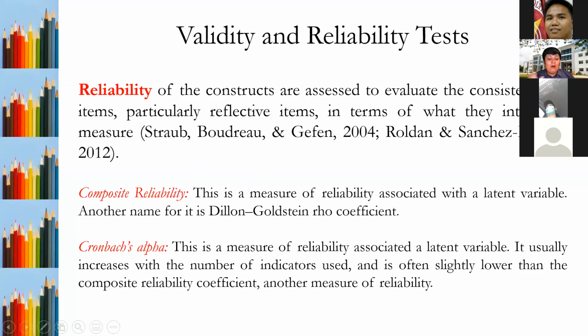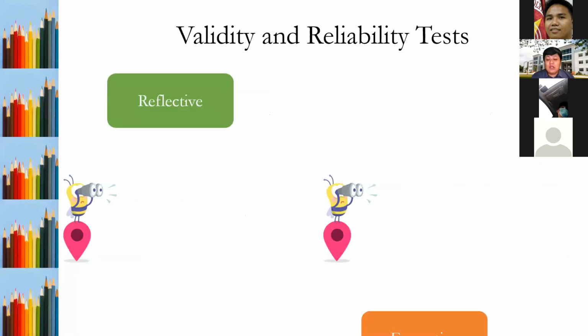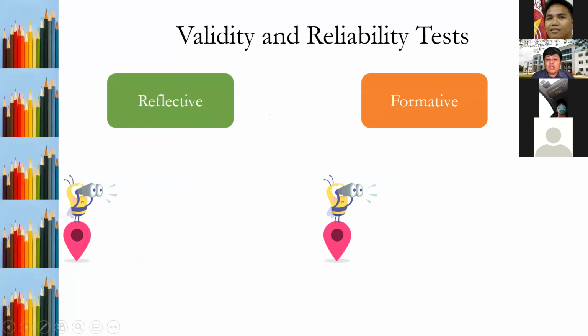Composite reliability is more acceptable now because if you will be reading literature, it is more acceptable than Cronbach's alpha. Composite reliability is also called the Dillon-Goldstein raw coefficient. So that's the other name of composite reliability. On the other hand, as I mentioned, if you will be doing your instrument,